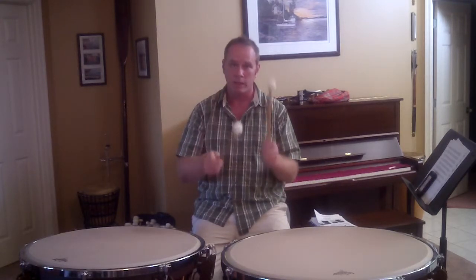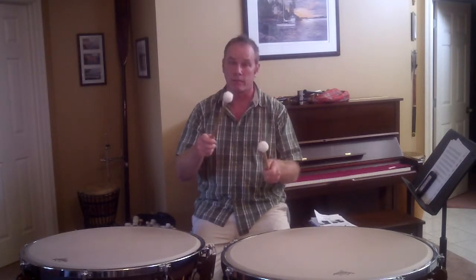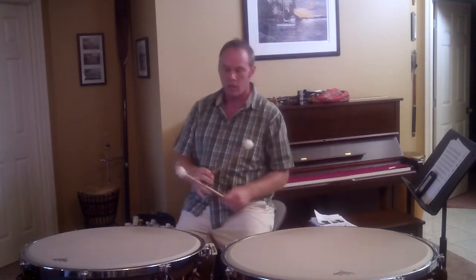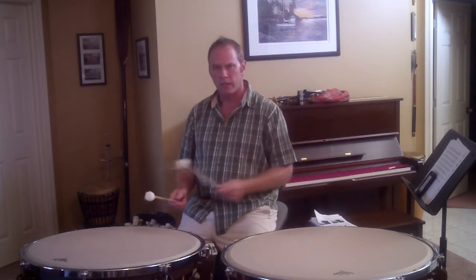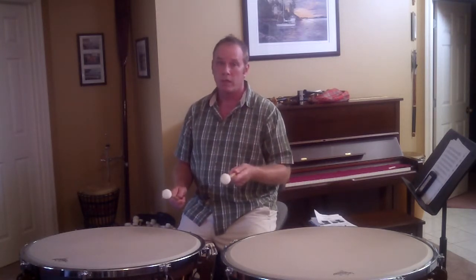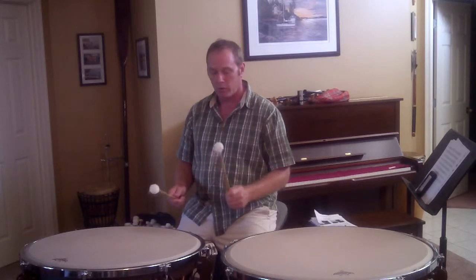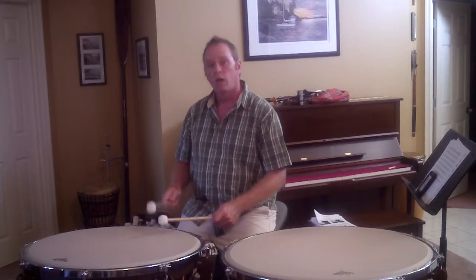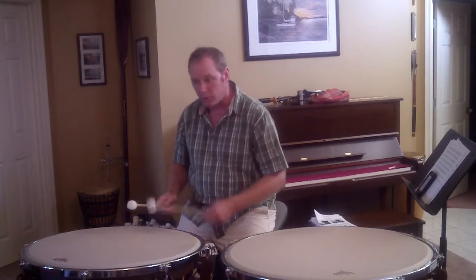So you go right, left, right, left, right, left, and you land on the left if you start on the right. So it sounds like this, and this is the exercise that's written right there. I'll do it without the metronome, although you do need to practice this with a metronome. So without the metronome, it sounds like this: 1 E and a 2,